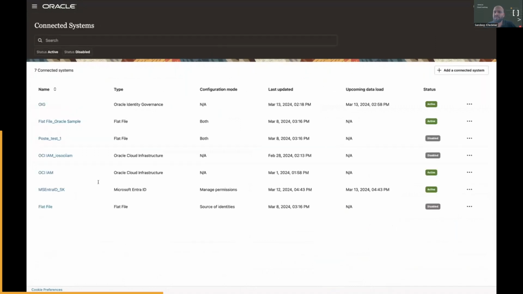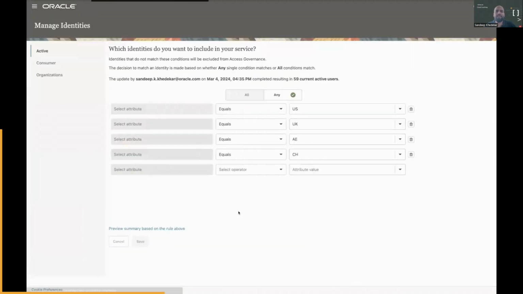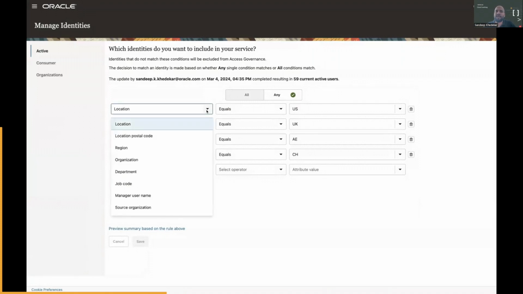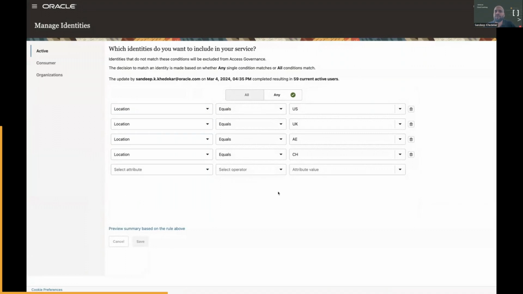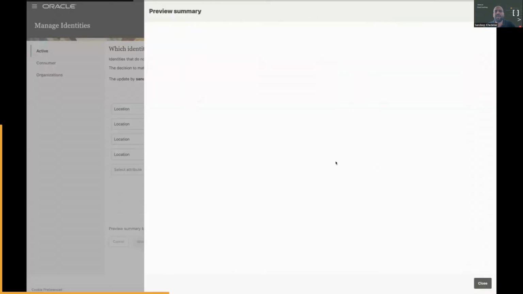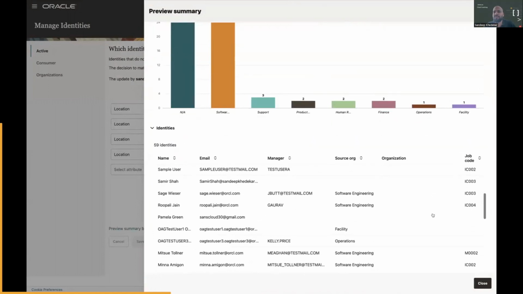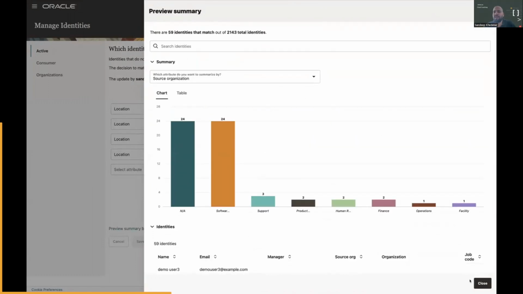Now, once I connect to the system, the identity orchestration takes place. How can we make it more meaningful? Though we have integrated with the target system, we want to take selected users, and we can do that by country, by organization, or by location. We can pull those users into the access governance purview, right? In my instance, I have these users across different organizations, which I'll be governing under access governance.